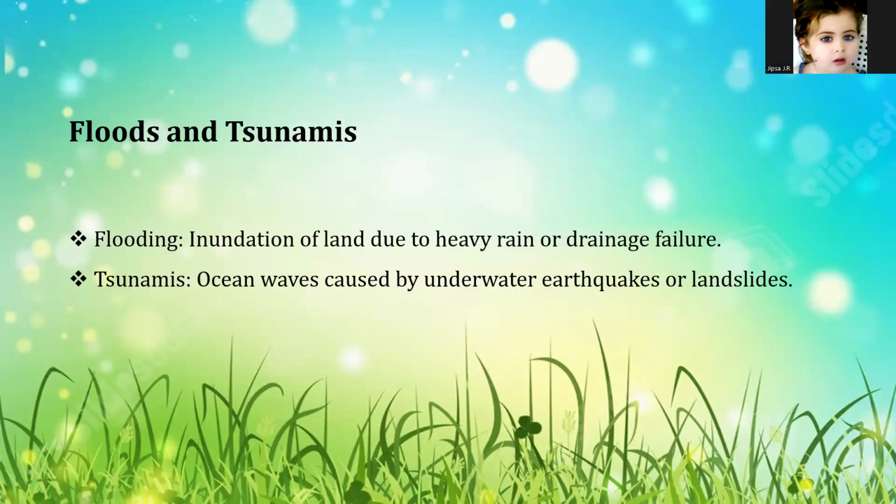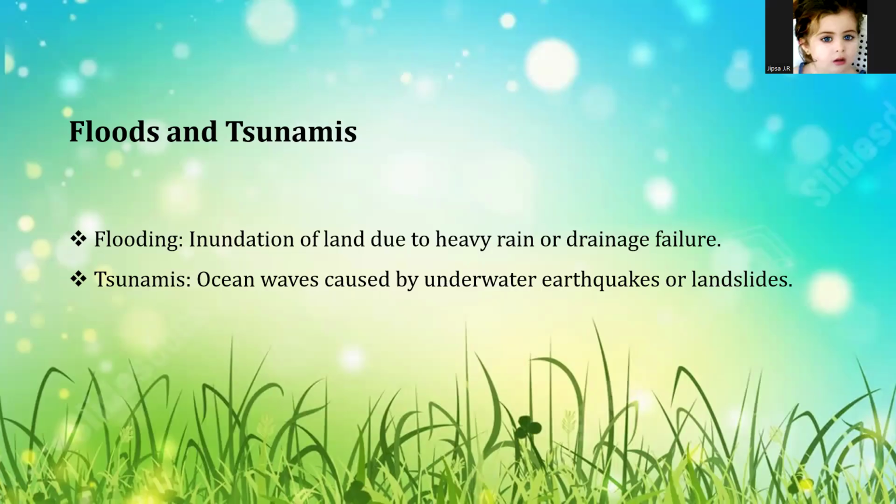The second point is tsunamis. Unlike regular waves caused by wind, tsunamis are a series of massive ocean waves triggered by a large-scale displacement of water. Underwater earthquake means most tsunamis are caused by tectonic plates shifting under the ocean floor, that is subduction zones. In landslides, a massive amount of rock or ice falling into the ocean can create a splash effect that sends waves racing across the sea.